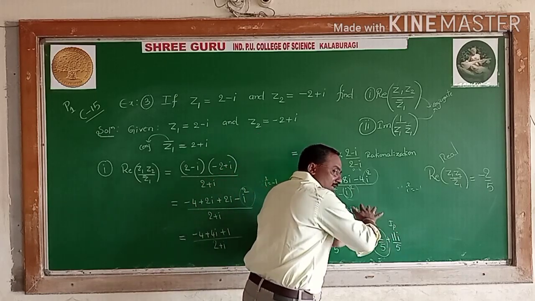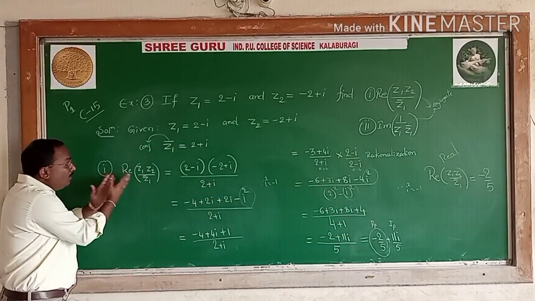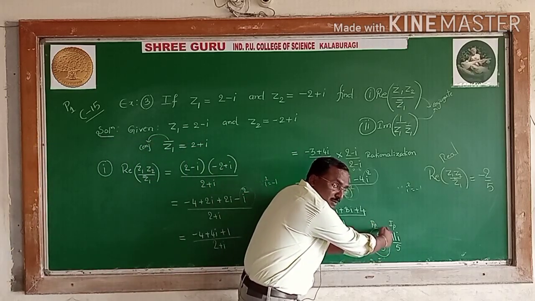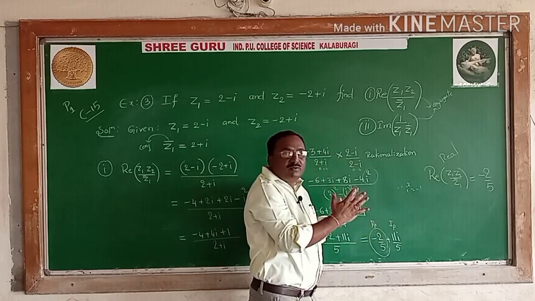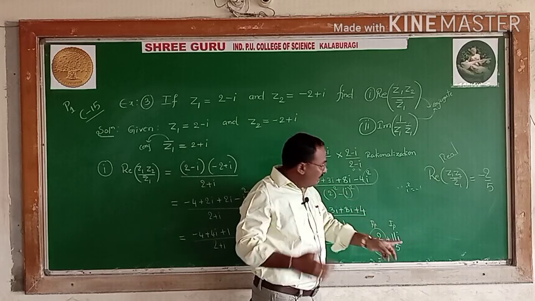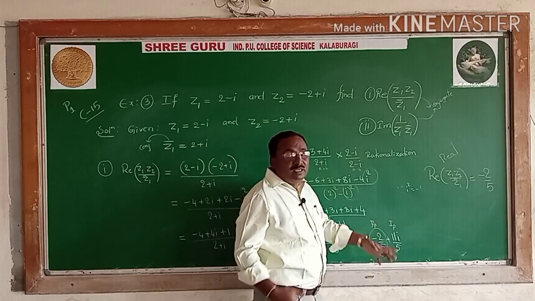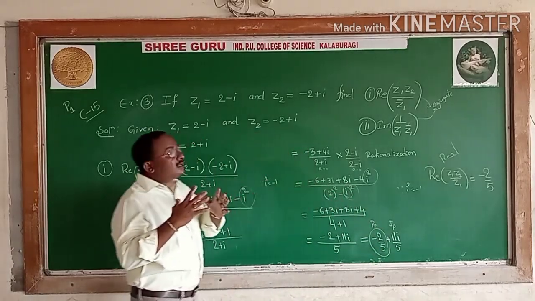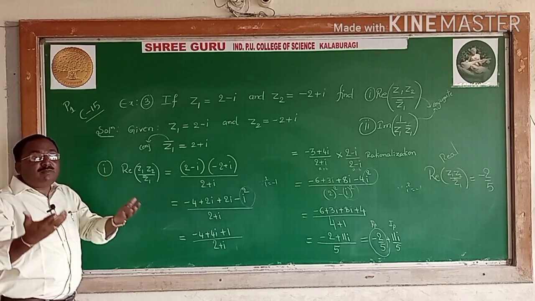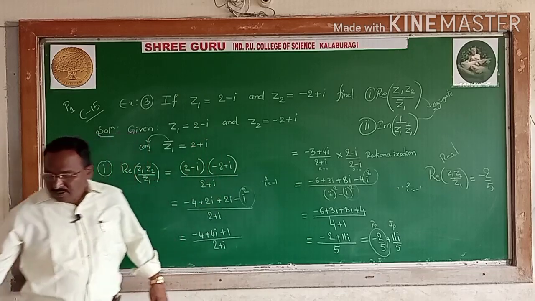This is a complete complex number, but to find the particular real part, separate only the real part. The real part of this is minus 2 by 5. If the same question asked for the imaginary part, this would be the imaginary part, but here it asks only for the real part, minus 2 by 5. Note this point carefully, since in competitive tests sometimes this example is asked, so write carefully. It is important from both the competitive test point of view and the theory point of view.